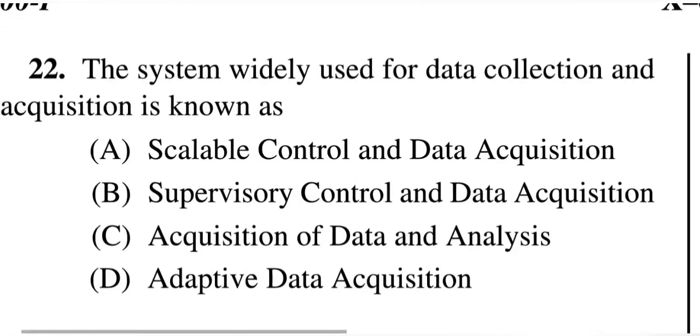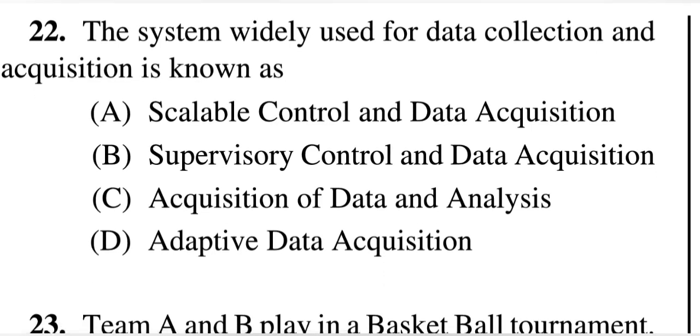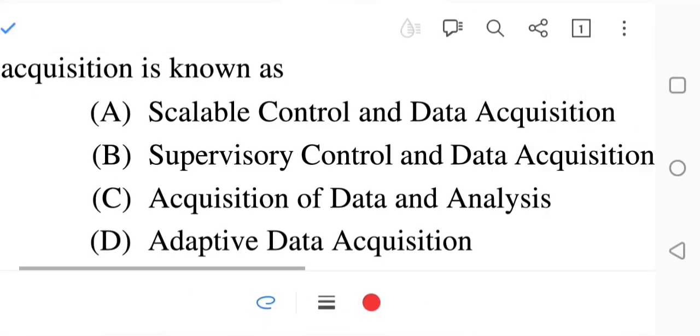Number 22, it says the system widely used for data collection and acquisition is known as what? Number A is saying scalable control and data acquisition. Number B, supervisory control and data acquisition. Number C, acquisition of data and analysis. Number D, adaptive data acquisition. So the correct option will be supervisory control and data acquisition. This question is related to